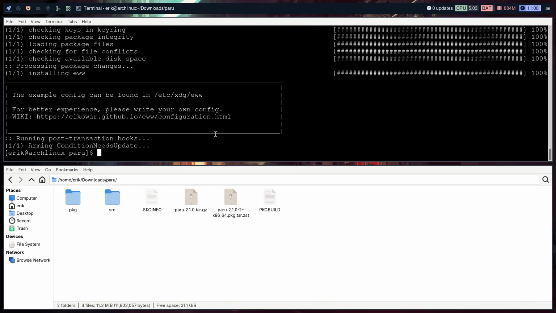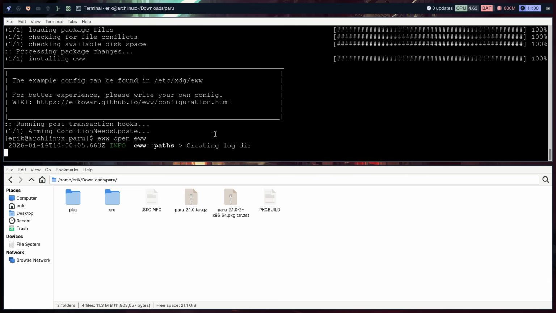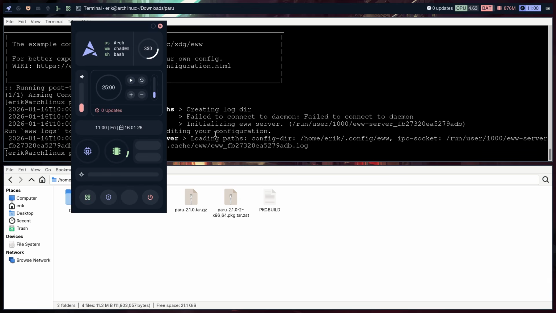Voila. So, EWW, where is my text? That one. Creating a log directory. So this is EWW. If you like it, you like it. Right? Some information, SSD. I'm not sure what 25 is. Is that music or something? I did not install sound, so 0 updates, date,